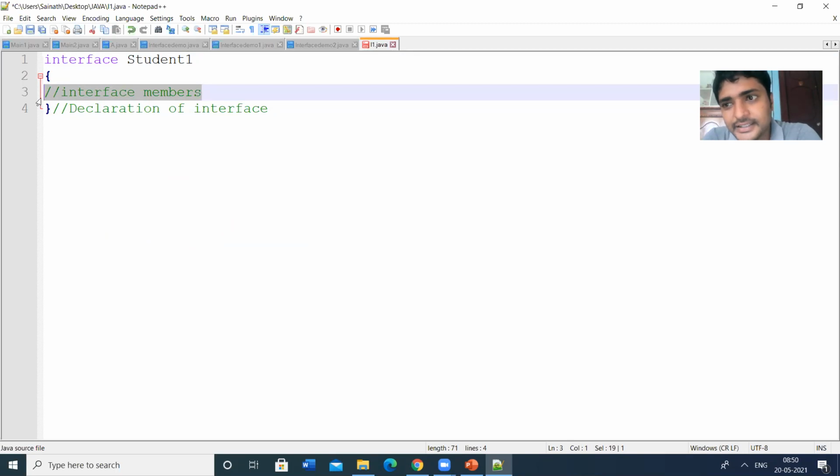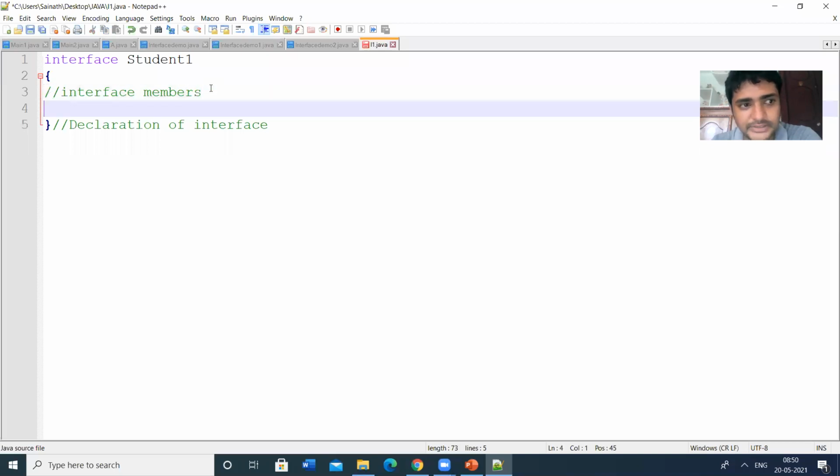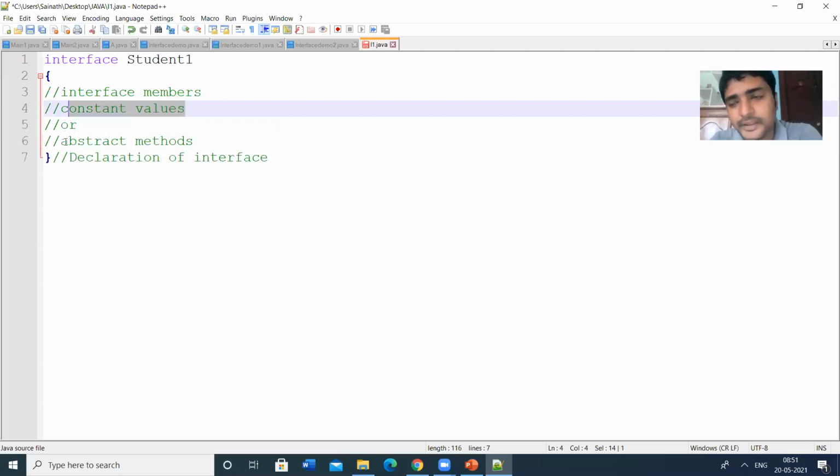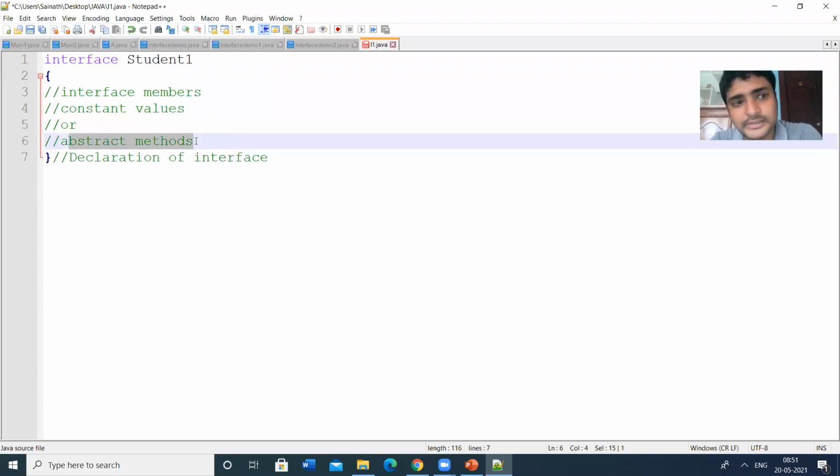In the interface declaration, we have interface members, which may be either constant values or abstract methods. So an interface consists of either constant values or abstract methods.